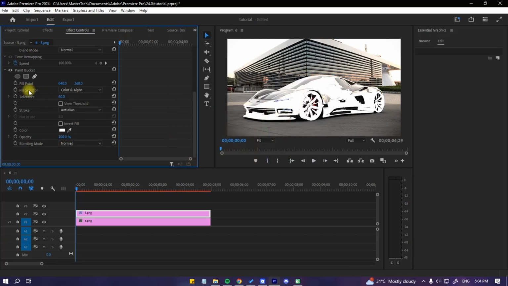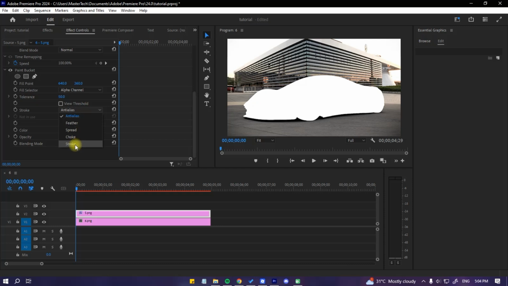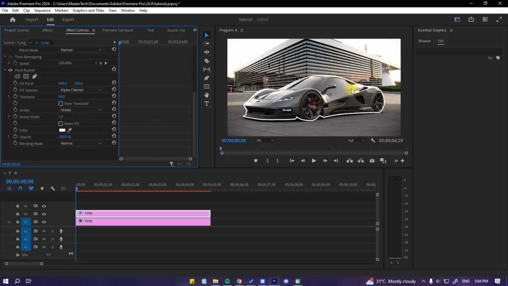After that, for the fill selector, you're going to change this one to alpha channel. And for the stroke, you're going to change this one to stroke. And as you can see, your subject should be outlined by now, and you can then adjust the stroke width